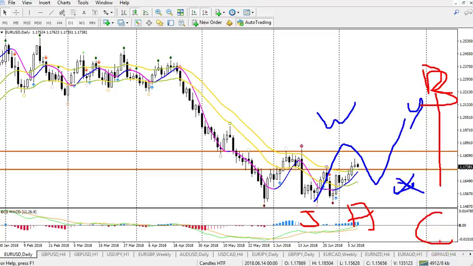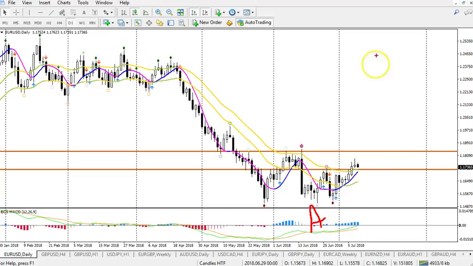All right. So basically, A is already completed. We're looking for a B, and down we go for a C. Within that wave B, we're looking at an expanded W, X, Y correction. Here was the first part. Here we go for a second, and up we go for a third part. All right. Now the question is, is the W finished or not? And in my view, probably not. I expect W to be at a higher spot.